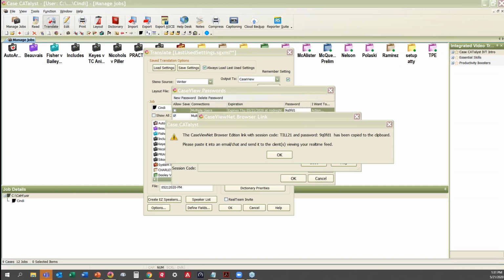What that means to you is gobbledygook. You don't care. What it means to the attorney or whoever is receiving it, all they have to do is just click it. So if they click that link in their chat, what's going to happen, and bear with me one second here,